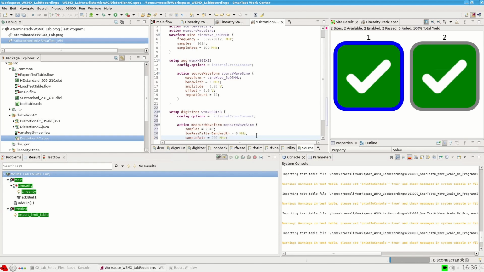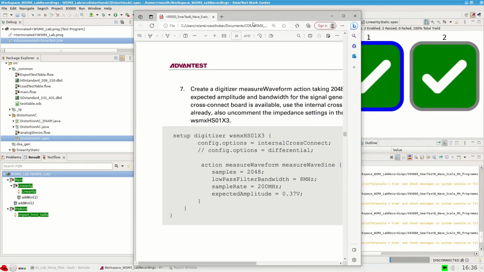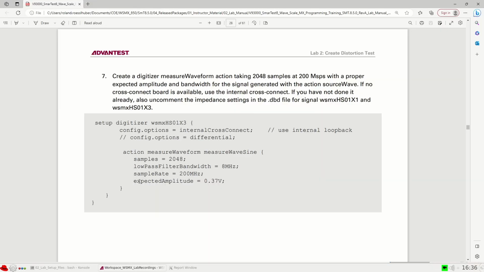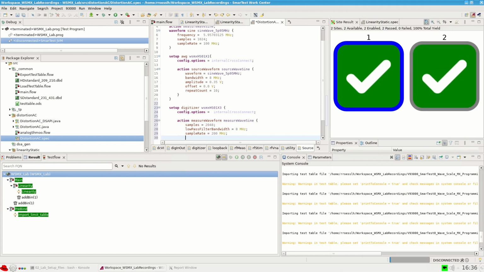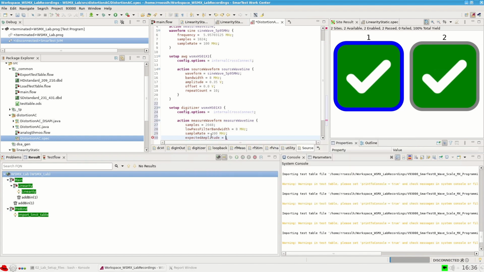All I'm doing here is typing in the first one or two letters of the property I want to use. So for expected amplitude, just go with EX, then control space, and then this one pops up, and you just hit enter, and you're done with the content assist. Okay,